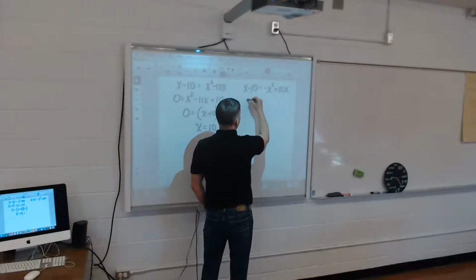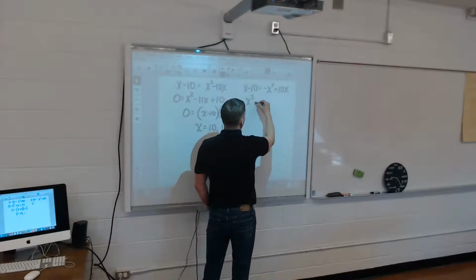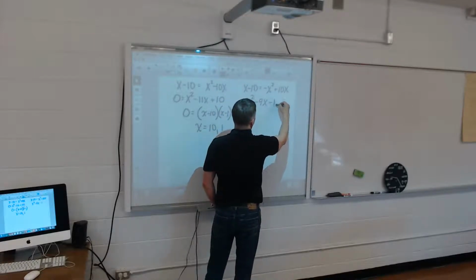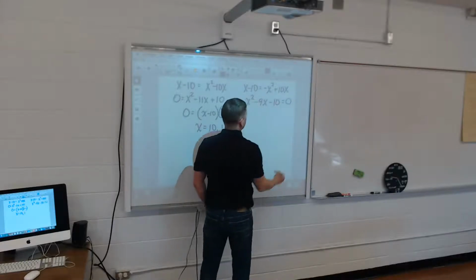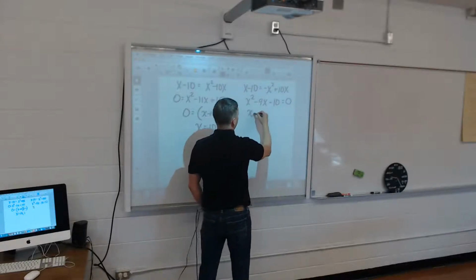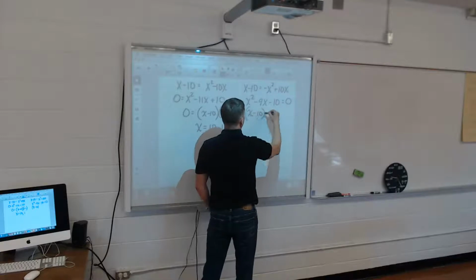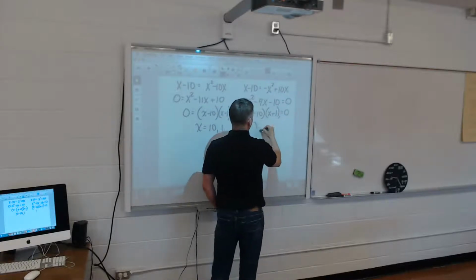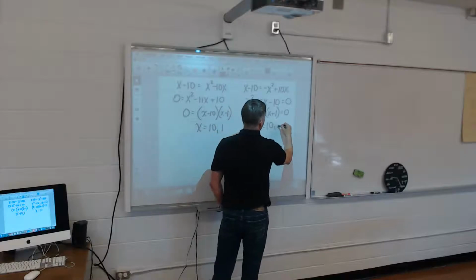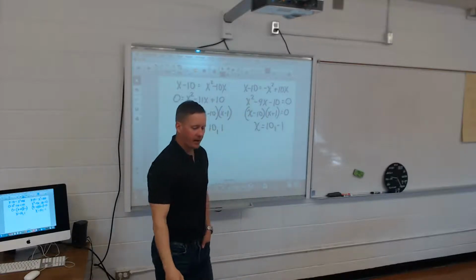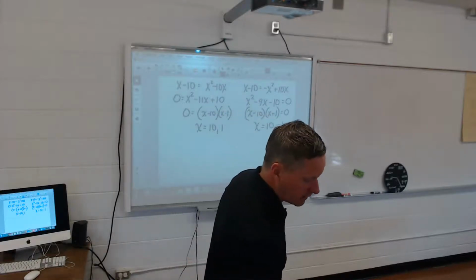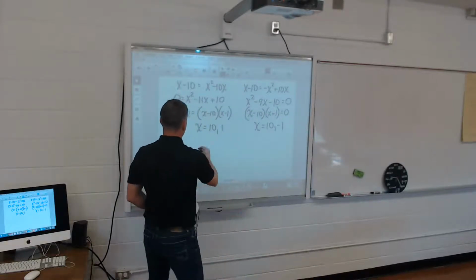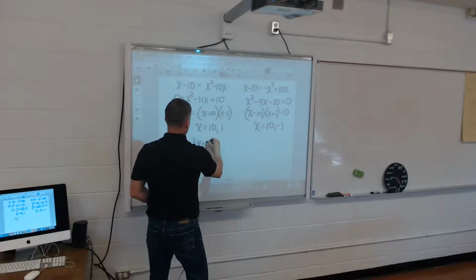I go over here. X squared minus 9x minus 10 equals 0. X minus 10, x add 1 equals 0. X is equal to 10 and negative 1. So I'm doing that fairly quickly. That's the factoring part. Now, if I use